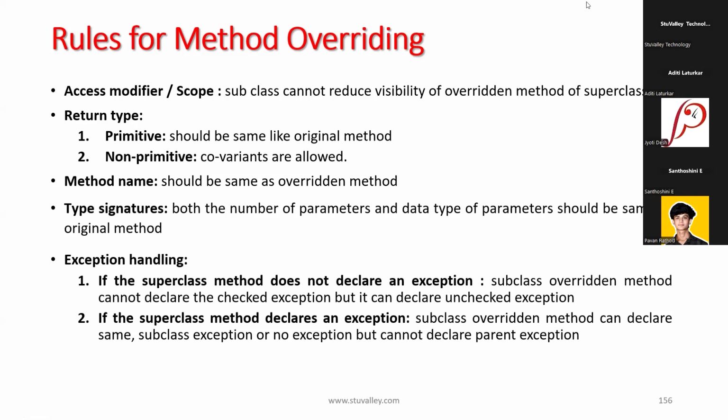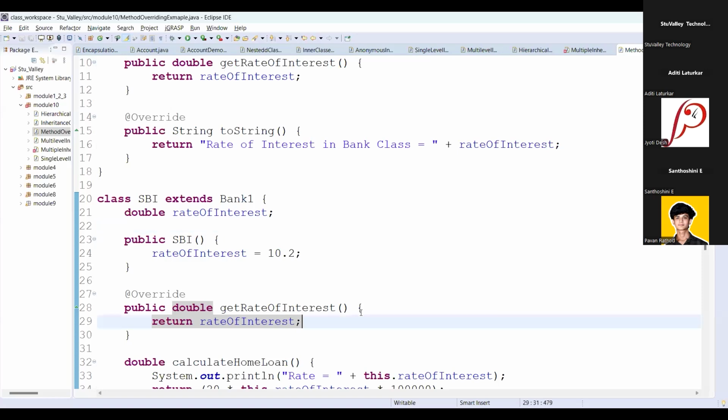Exception handling in inheritance. When you are overriding a method, there are a few exception rules also. When we learn exceptions, you will understand that. But for now, just remember this rule. If the superclass method does not declare any exception, then the subclass overridden method cannot declare any exception, but it can declare an unchecked exception. If the superclass method declares an exception, the subclass overridden method can declare the same exception, a subclass exception, or no exception, but cannot declare a parent exception. I will show you this through this example itself, but you will understand it fully when we learn